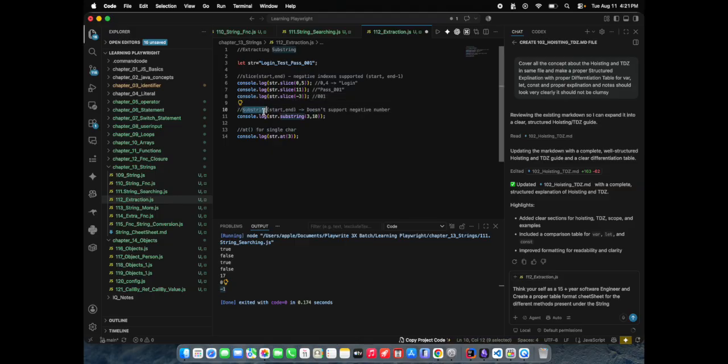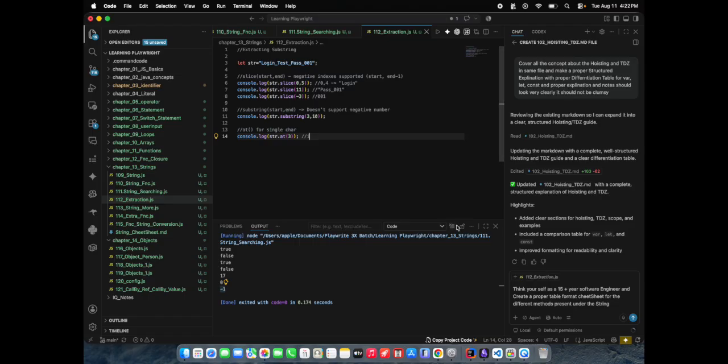We also use substring, which also has a start and end, but here we don't have -3 or -4, so it will give from 3 to 10. And here we also have at, which we have already discussed. String at 3 means the third index, which is I, which will print.